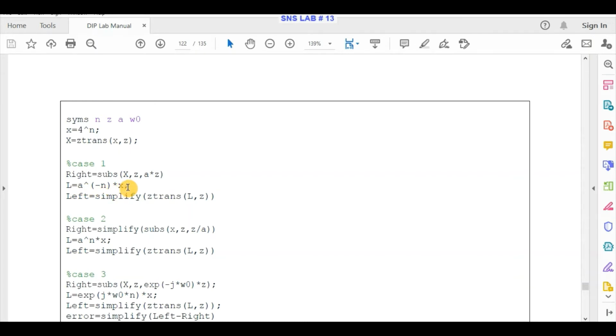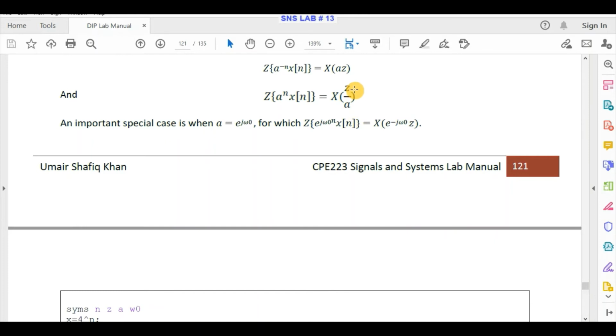After getting this expression, we will take the z transform of this. If the right hand side is equal to the left hand side, then we can say the property of scaling has been verified. In the same way, we can go for the second case, which states that z over a, which is actually expanding the signal, if we substitute x of z and substitute z with z over a,